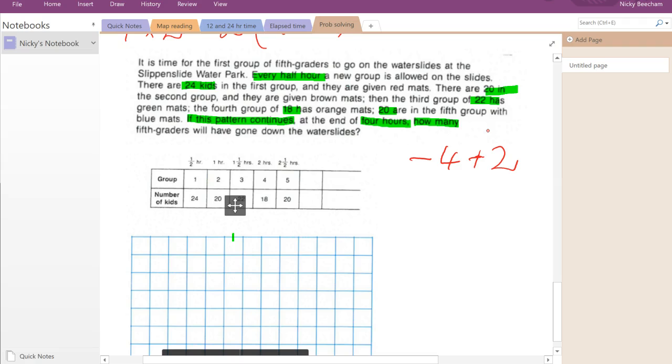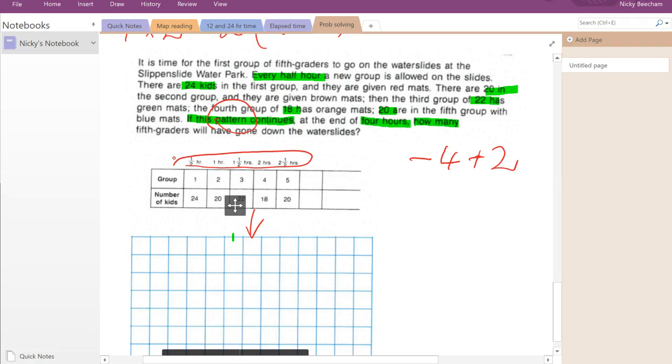Now, if it were me looking at this question, if it meant the numbers, they would have said, if these group numbers continue. But it says pattern. So I would assume it means -4 plus 2 continues, which means the group numbers would be slightly different. Here in your working, it already has the first 1, 2, 3, 4, 5 parts of the 4 hours. So I would continue the rest down in my working.